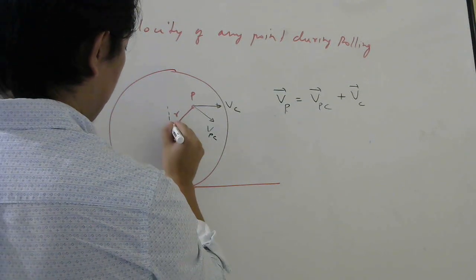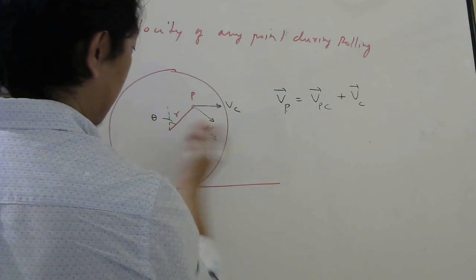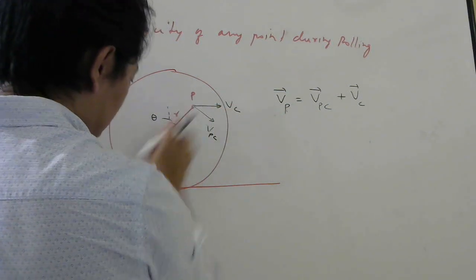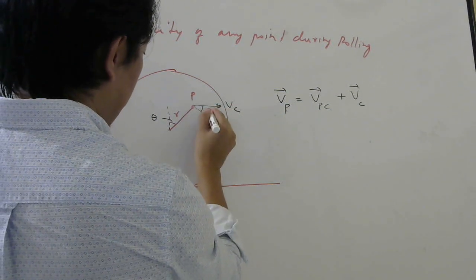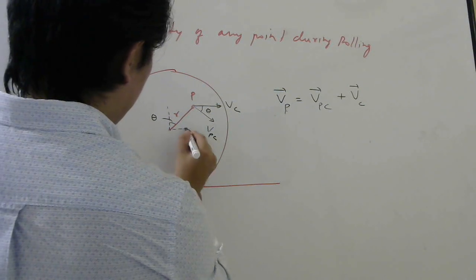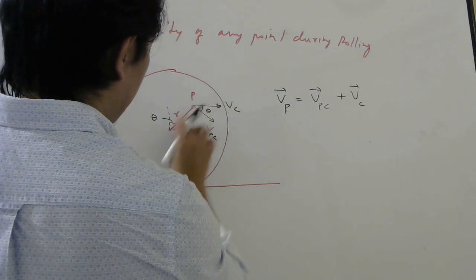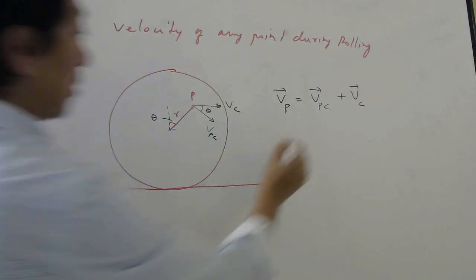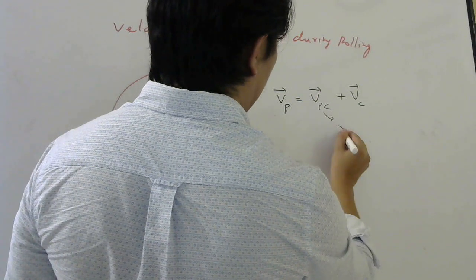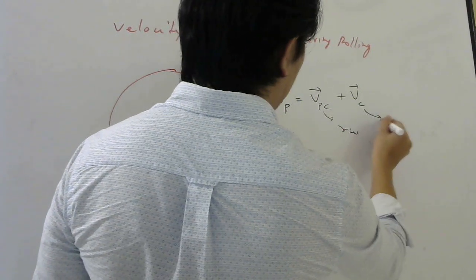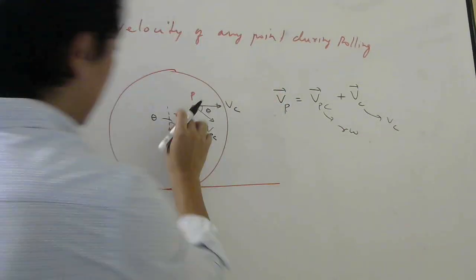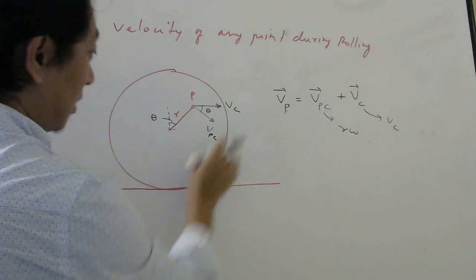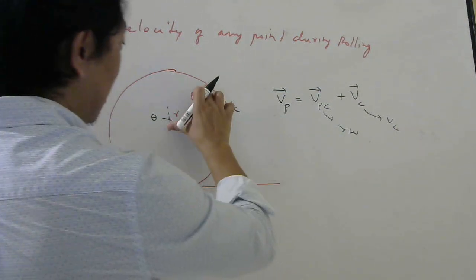Now this angle, which angle was theta? I don't remember. Okay, so let's say this angle is theta. What this angle is doesn't matter. So this is perpendicular to this. This is perpendicular to this. So this angle will also be theta. If they give this as theta, then write here 90 minus theta. No problem. Okay. Now, what is the magnitude of this? Small r omega. The magnitude of this is Vc. Small r, okay, because this point is at a distance small r. When I took these points on the circumference, at that time your small r is the radius.